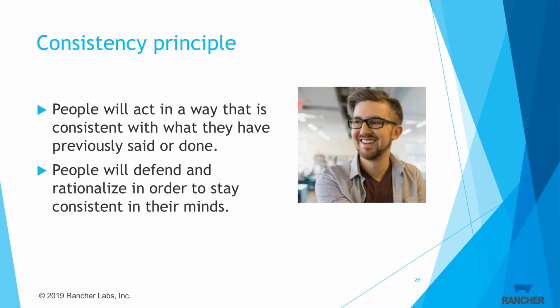If you carry this over to why people buy things, it says that someone who has purchased from you once is more likely to purchase from you again, even if the first purchase was insignificant. It also means that Mark will defend the provider, will rationalize his behavior, and he will place blame outside of himself in order to remain consistent in his mind that he made the right choice, even when new information reveals that that choice was obviously wrong.